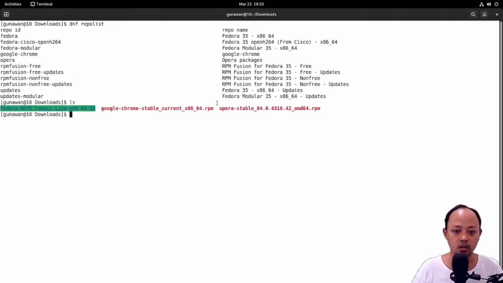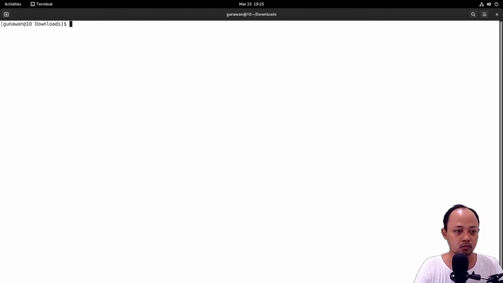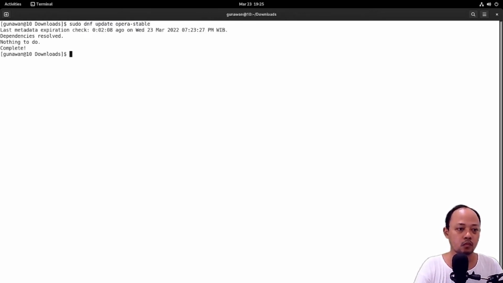Wait, I think the package is Opera stable. So I will try to update. The DNF found this package. So I think if we want to update the Opera browser, we can use this command.